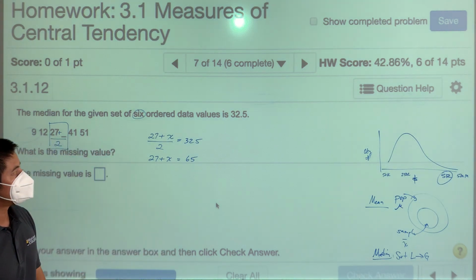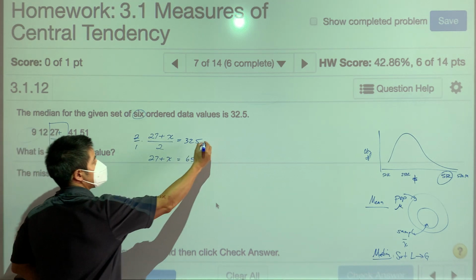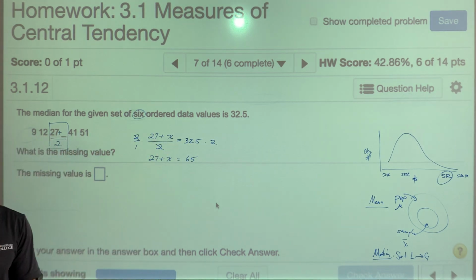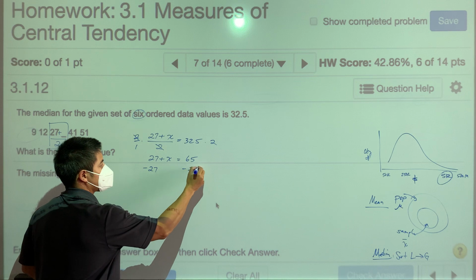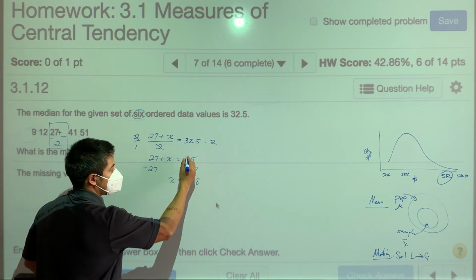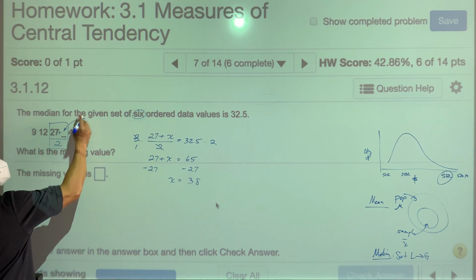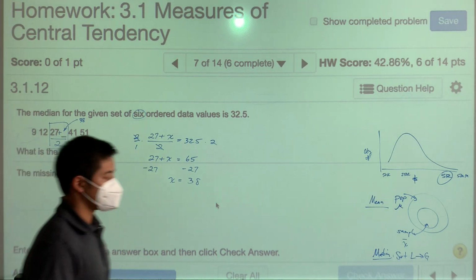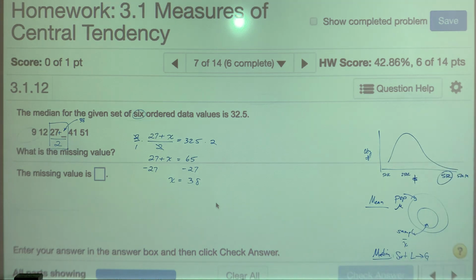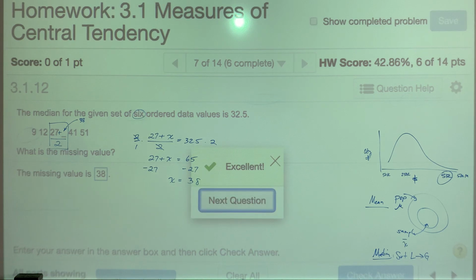How did I get 65? Because I doubled that, right? I multiplied both sides by 2. Maybe I need to write that out for you. You guys follow? Okay. Then what do I need to do to solve for my unknown value? Subtract 27, and so my value is 38. So this number right here, in my list or set of numbers, would be 38. Okay, go make sure you get yours correct. I'll double check my work. Are there any people that have questions about theirs? You guys okay? Okay, great. Let's move on.